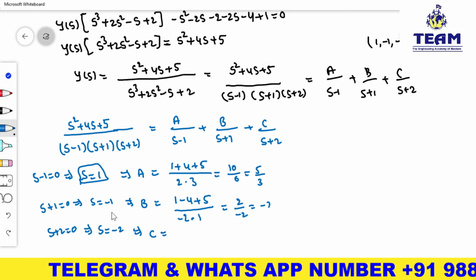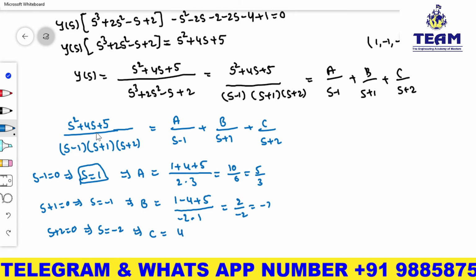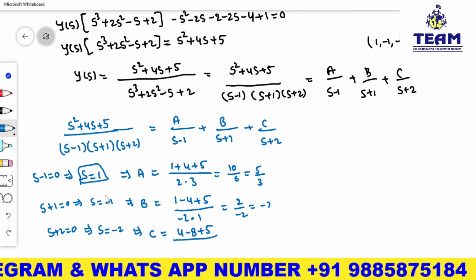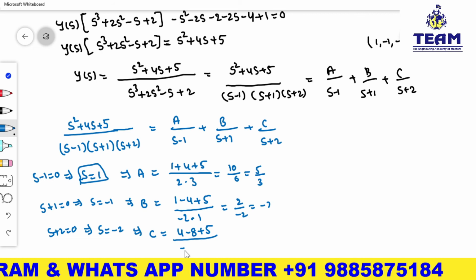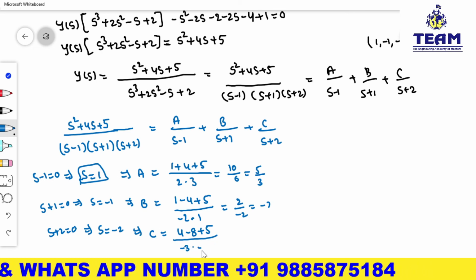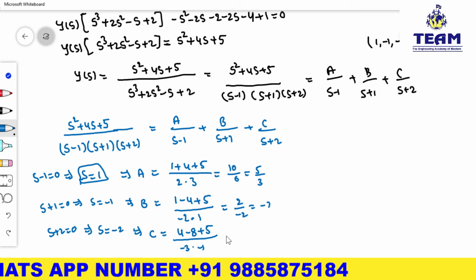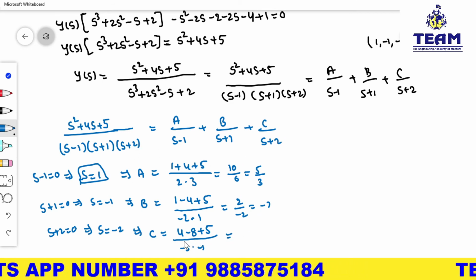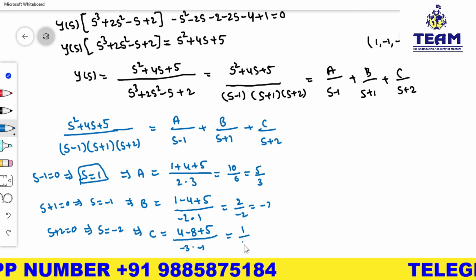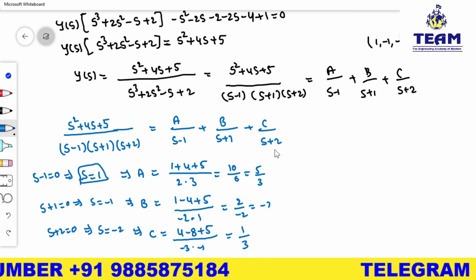Then if I substitute, minus 2 whole square is what? 4. Here minus 2 times of 4 means minus 8 plus 5 divided by, this is minus 2 minus 1 is how much? Minus 3 into, this is minus 2 plus 1. Minus 2 plus 1 means minus 1. What about this? Already these two are getting cancelled. So which implies here 5 plus 4 is 9. 9 minus 8 means 1 divided by 3. So this value is 1 by 3.